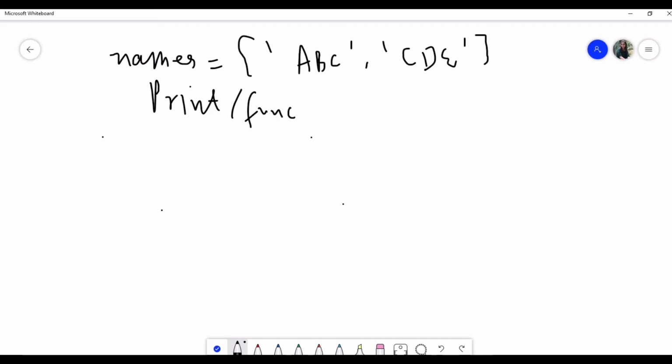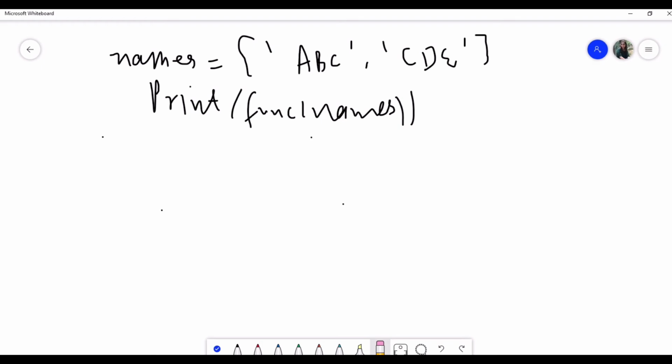I am simply writing the function names over here. Okay, fine, I don't need this. Now what I actually want is that you have to reverse the string.